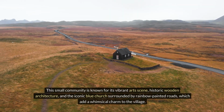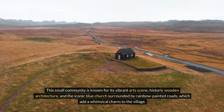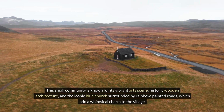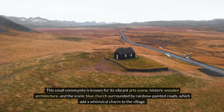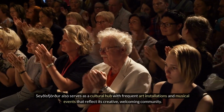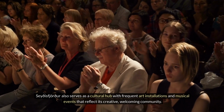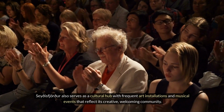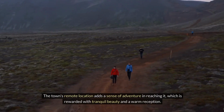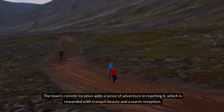This small community is known for its vibrant art scene, historic wooden architecture, and the iconic blue church surrounded by rainbow-painted roads, which add a whimsical charm to the village. Seyðisfjörður also serves as a cultural hub with frequent art installations and musical events that reflect its creative, welcoming community. The town's remote location adds a sense of adventure in reaching it, which is rewarded with tranquil beauty and a